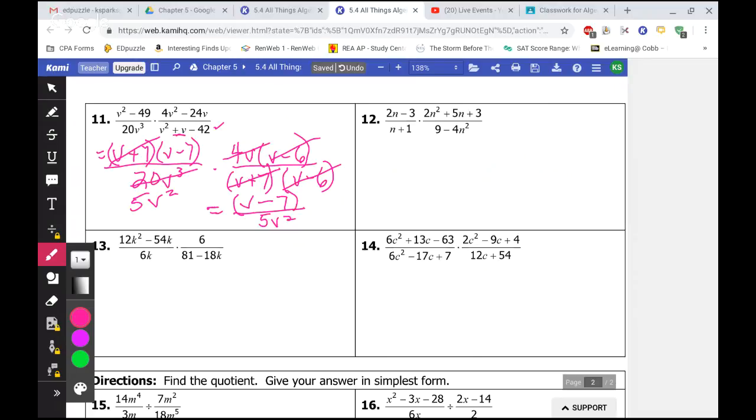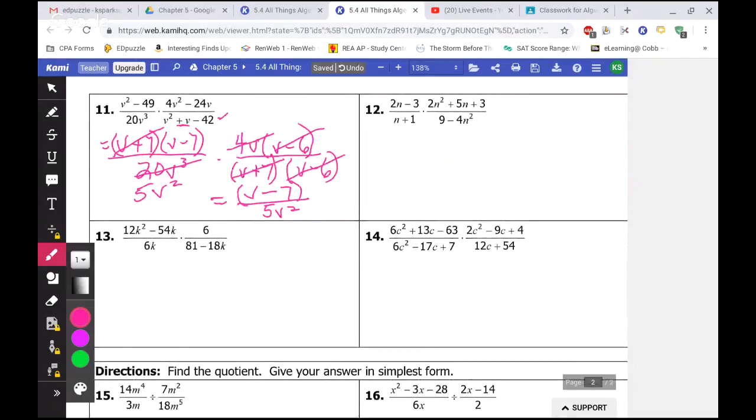Yes. Okay. I'm going to go ahead and do number 12 because it's kind of fun to see how it simplifies all the way down. You can't cancel anything at all, or factor anything at all, in the first rational expression. So you simply have 2n minus 3 over n plus 1. And then